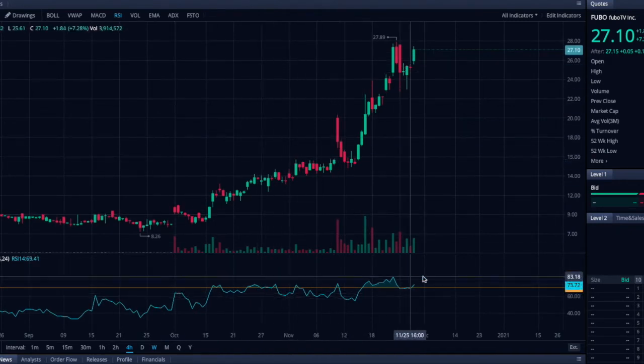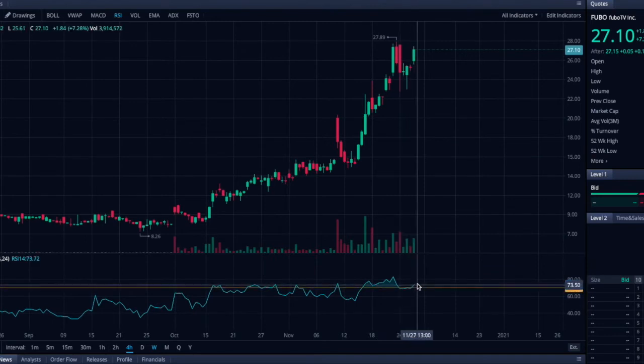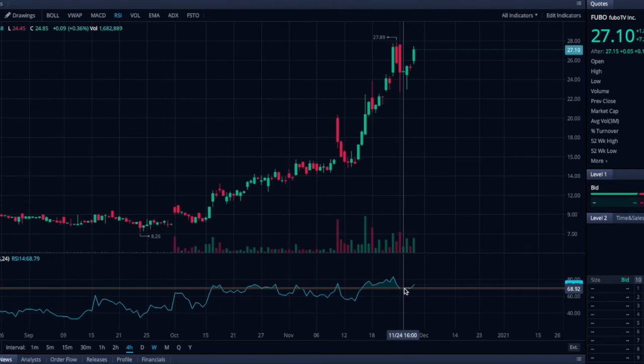But if we look at the RSI, the highest point of the RSI just recently was at 80, and it did have to reset a little bit. But we're seeing here there's another bullish trend happening just by looking at these lines over 70. Now, please understand that RSI over 70 does not mean it will reverse. It simply means that the momentum is very, very strong with this particular stock or underlying asset,